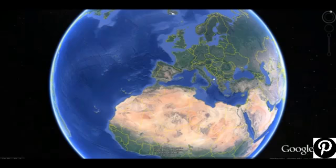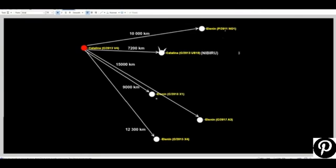But until then, to satisfy your curiosity, I will show you how big this system is. Forget all these astronomical units, because this is complete bullshit. Using the formula "as above, so below," I came to the following conclusion, which is not very precise, but approximately it's about this. Catalina V4 is away from Nibiru, which is Catalina US 10,